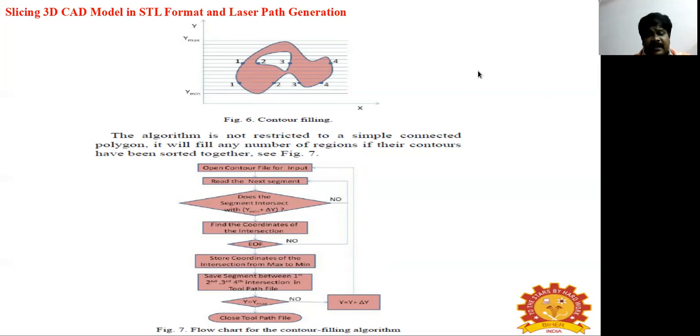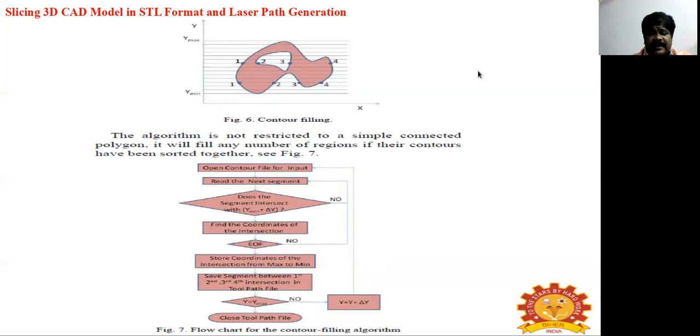Already I think we have discussed earlier the direction of the normal vector, outward from the plane of the triangle, that is delta X, delta Y and delta Z. Vertex 1 will be the coordinates X1, Y1, Z1, vertex 2 the coordinates X2, Y2, Z2, and vertex 3 the coordinates X3, Y3 and Z3.